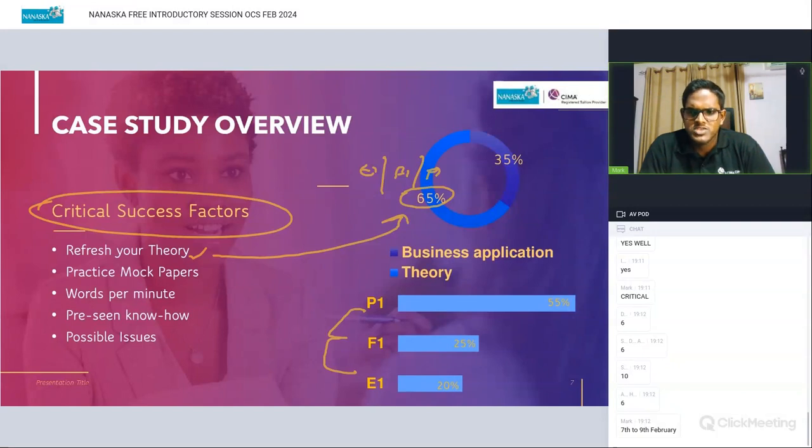So for the first 2 weeks we'll be talking about the pre-seen analysis, starting from next week. Then from the third week straight away we move on to mock papers, right? We just try to get a feel of how the exam is going to be. Then we review mock papers in class. You get your marks individually. You get feedback individually. So all of it is going to happen.